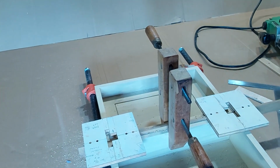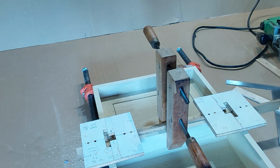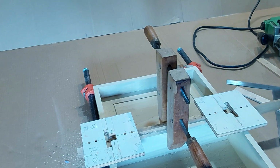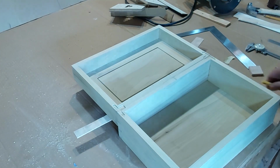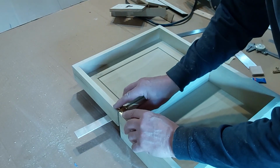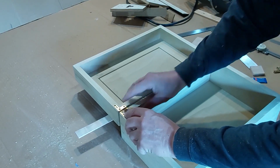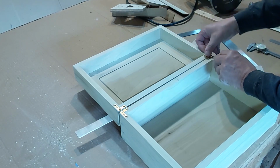Okay, so I'm going to take this apart and then screw the hinges in place. I think I may have to trim just one corner to get the hinges to fit, but I'll break this apart and we'll see how things fit. Things are looking pretty good in that the flaps fit in, they're recessed just the right amount. The one issue that I think I have at this point,